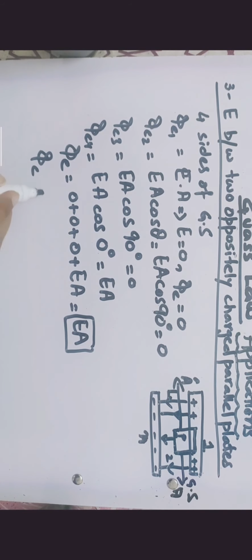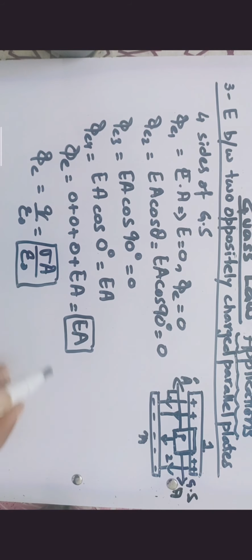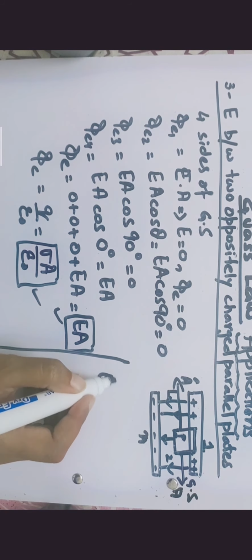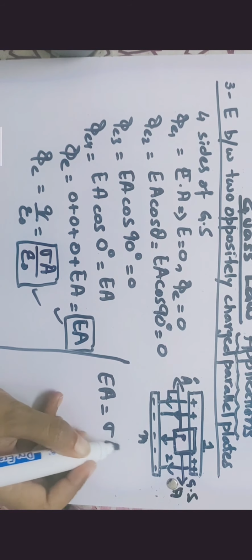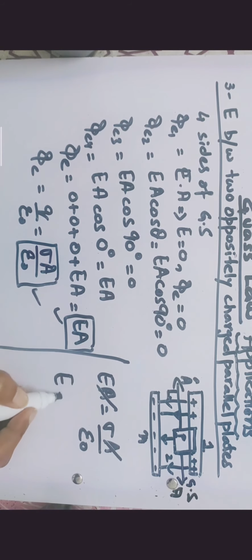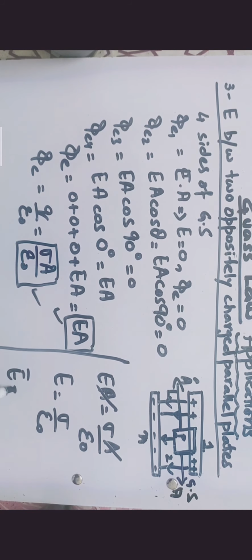Now, according to Gauss's law, the value of flux is Q over epsilon naught, and putting the value of Q, surface charge density times area, divided by epsilon naught. Now we have two values for flux, and comparing the two, we get EA equals sigma A over epsilon naught, and we want the value of E. A would be cancelled out, so we get the value sigma over epsilon naught, and the vectorial form is shown with the r unit vector, which shows the direction of electric field intensity.